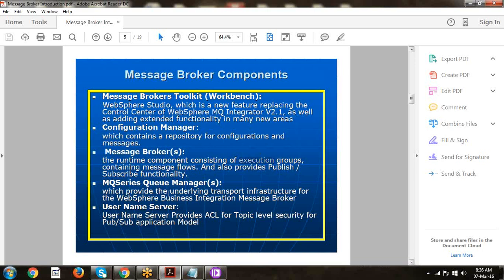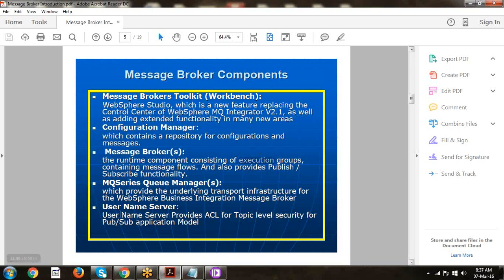MQ Series queue manager. Every broker is associated with one queue manager. We cannot associate one queue manager with multiple brokers.